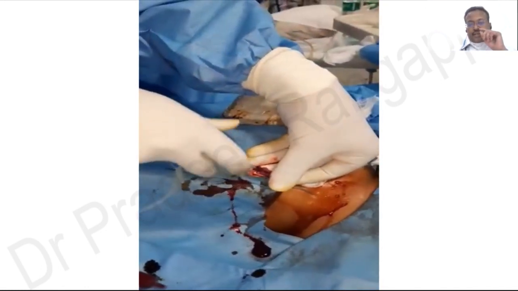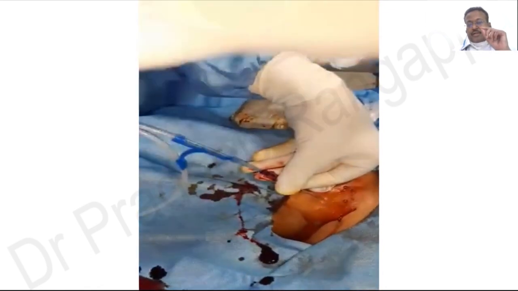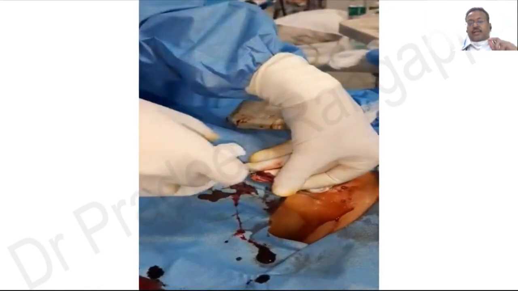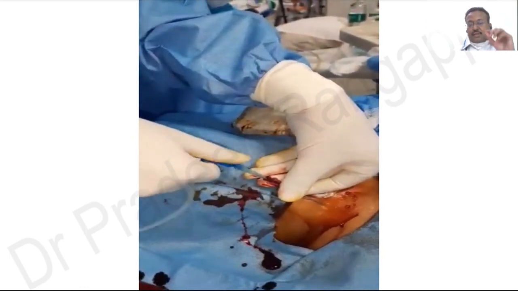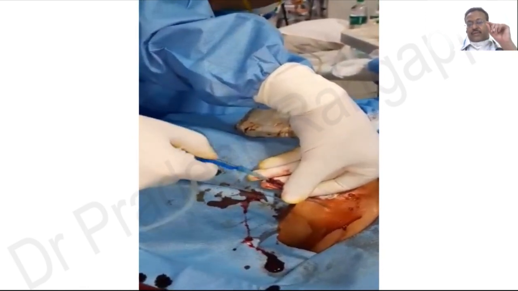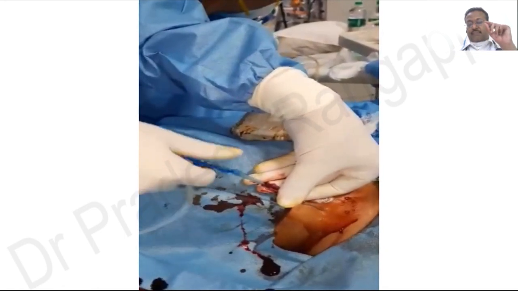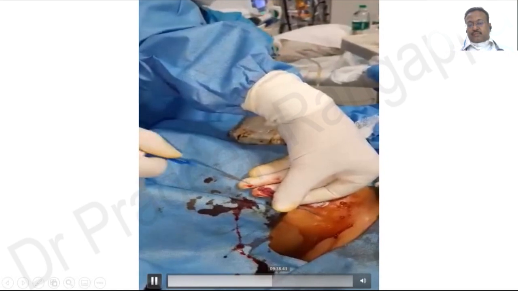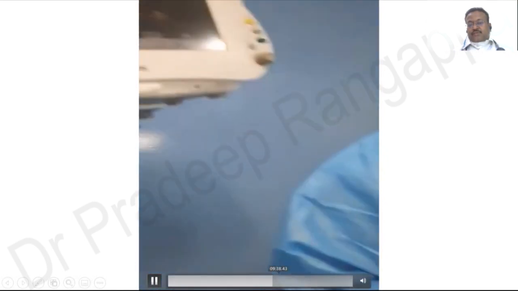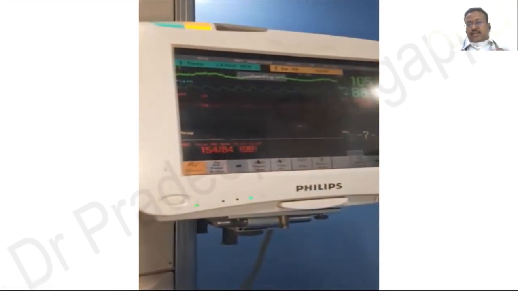So I think this is a very important and critical step where the puncture of the internal jugular vein is done under the ultrasound guidance. So he's absolutely sure that the approximation of this needle has happened into the vein and there is a guide wire which is passed smoothly into the vein. After that, the needle is removed.